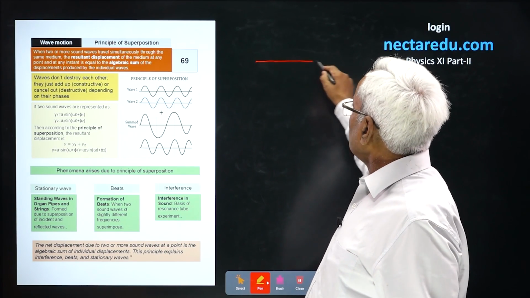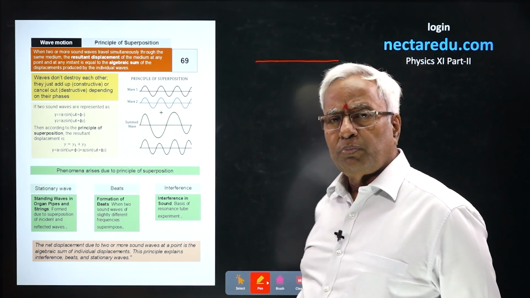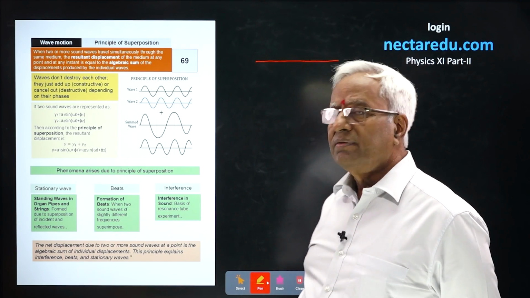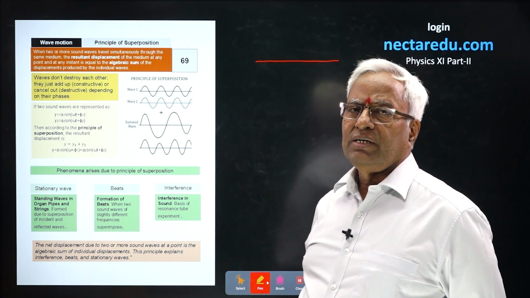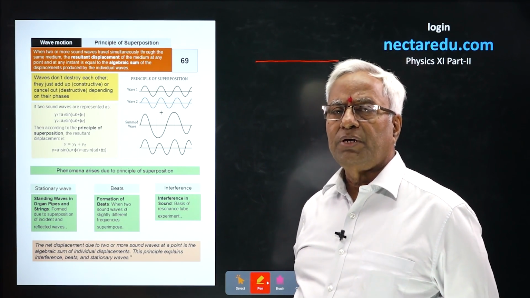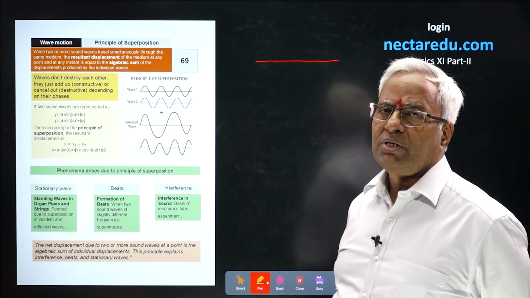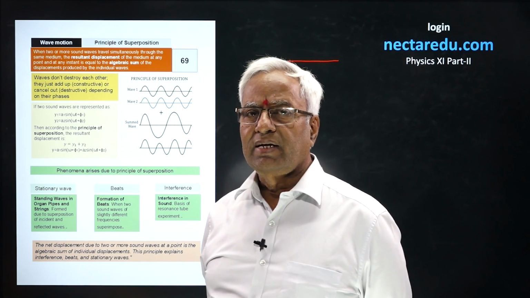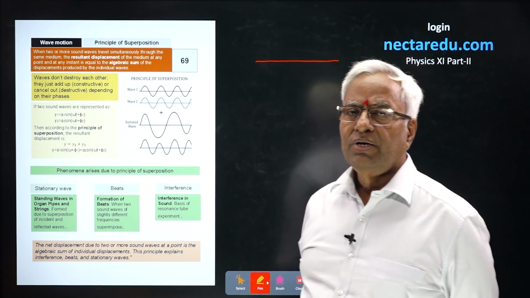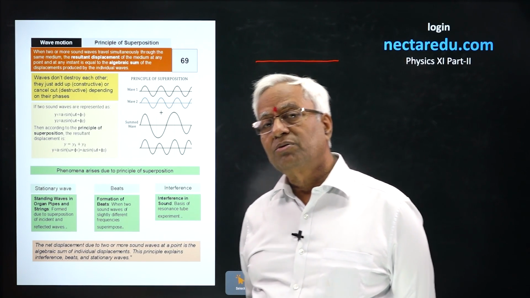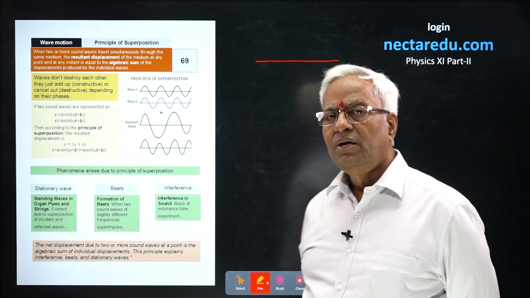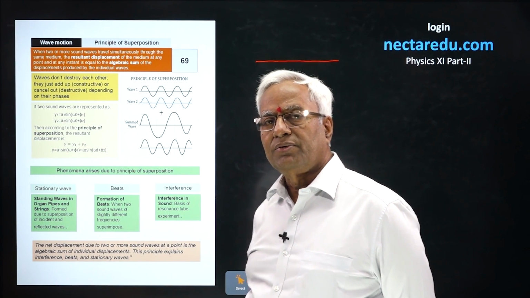Interference, what happens? Two waves should superimpose on each other, and the condition is the waves must be coherent. You see, interference could take place with mechanical and non-mechanical both the waves. Interference takes place in light also along with the sound. Here we are focusing on interference in sound.